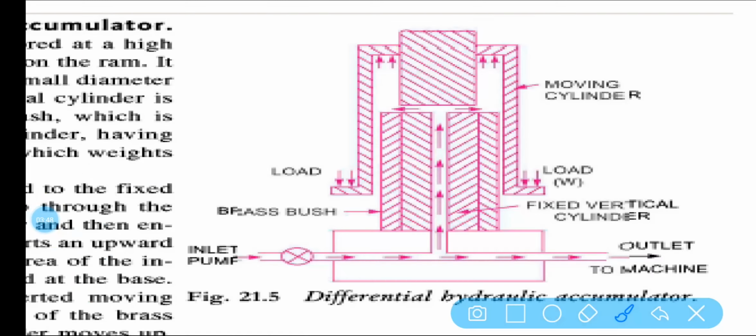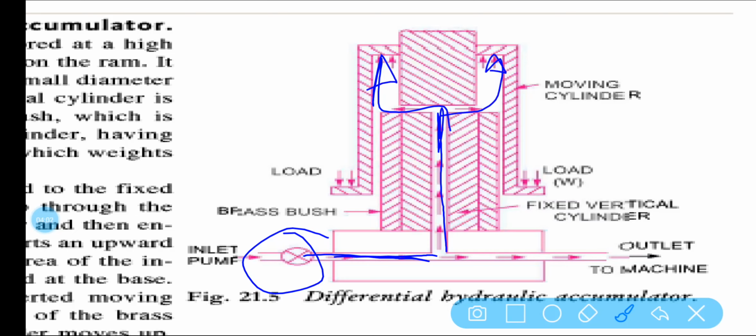So what happens is, by the help of this pump, the pressurized liquid enters the system, and as this is your moving cylinder, a high amount of pressure is exerted here. As a whole, W amount of load is placed here, and this is your moving part. So if some pressure is applied here, this is your fixed cylinder. Okay,